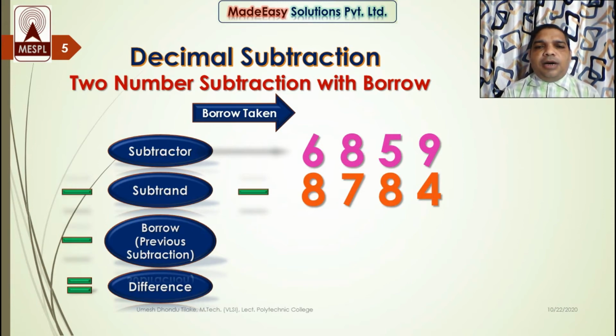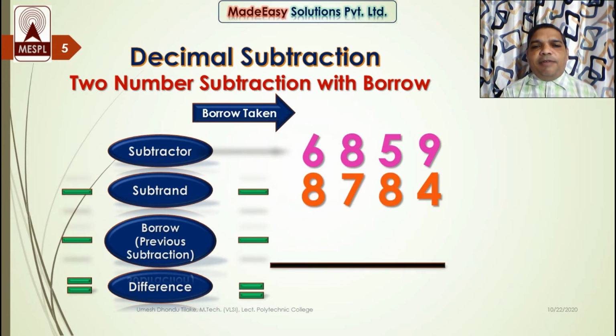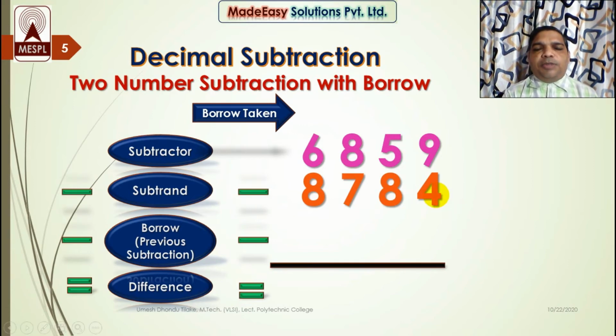Now here I have to subtract the borrow given to the previous subtraction operation here as well. So I will place the borrow given to the previous subtraction here and will subtract them from the respective significant digits, and it will give me the result. I will place the result over here. So now as usual, let's start the subtraction from LSDs, least significant digit. So subtract 4 from 9. Can I subtract? Yes, because 9 is larger than 4.